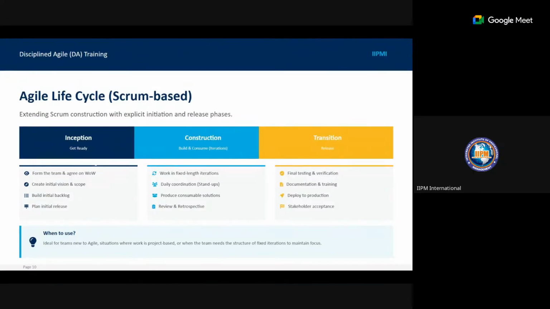Now, under the construction phase, you have the work in fixed iterations, like your sprint time box, daily coordination, like your stand-ups, produce consumable solutions, and then review and retrospect. In the transition, you have final testing and verification, documentation and training, deployed to production, and stakeholder acceptance.